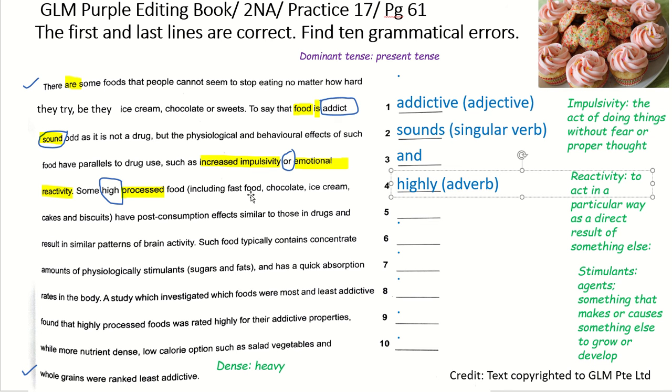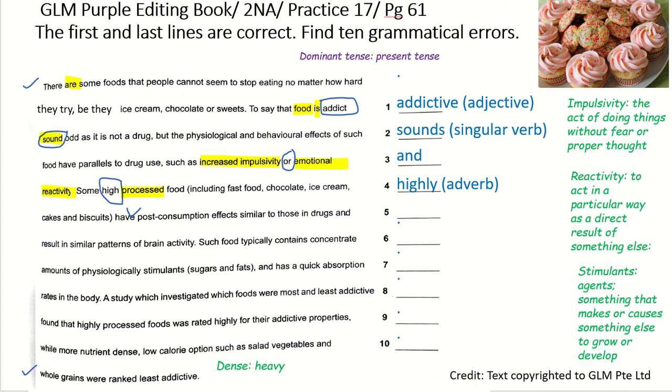Okay, so including fast food, chocolate, ice cream, cakes, and biscuits have post-consumption effects similar to those in drugs. Oh, you might say, hey, just now the food here, you said that it's a singular verb. Why is this food have correct? Okay, here they say some, and then gave many examples.